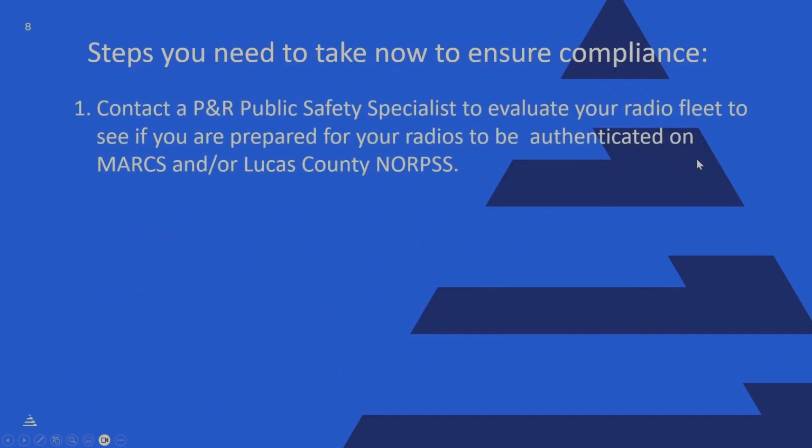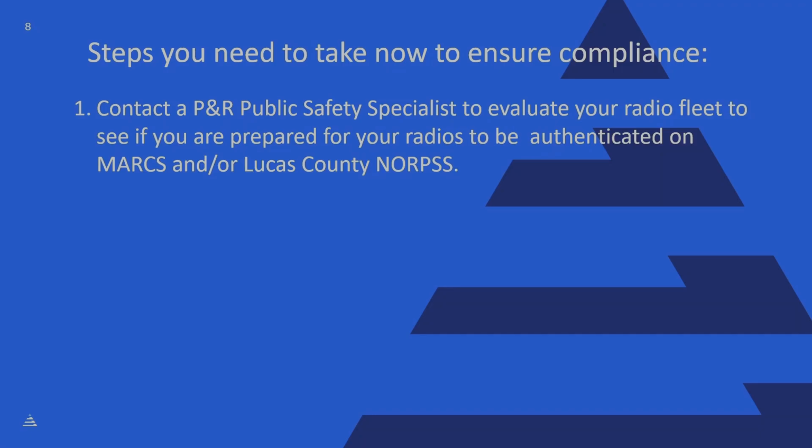So the steps you need to take now to ensure compliance. Like I said, contact a P&R public safety specialist. Let's evaluate your radio fleet to see if you're prepared for your radios to be authenticated. Now, if you just bought all your radios last year and they already have the P25 radio authentication license in them, all we need to do is schedule time for our technicians to come out with the KVL device, load those keys into your radio, upload those to the state of Ohio,